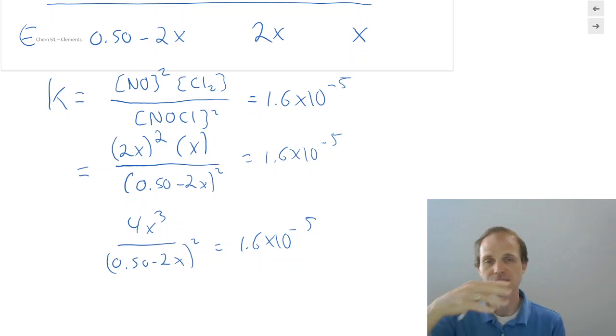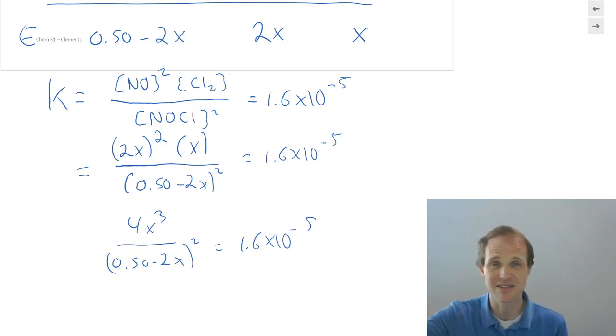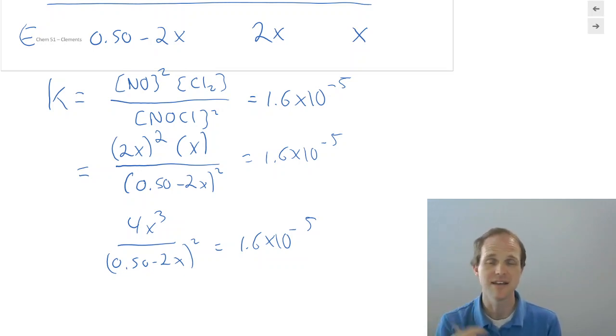Because there's going to be problems so big that you can't plug it into a computer unless you make a few assumptions. And then when you make those assumptions, then you can plug the stuff that the computer's good at into the computer, and it'll help you solve things. Absolutely, great, use it. But you have to know how to do that, and you have to know how to check to see whether it's reasonable. And so that's one of the skills we're learning in this part of the class, is not how to solve a cubic equation, but how do we solve complicated problems by making assumptions, checking those assumptions, and seeing whether they were reasonable.